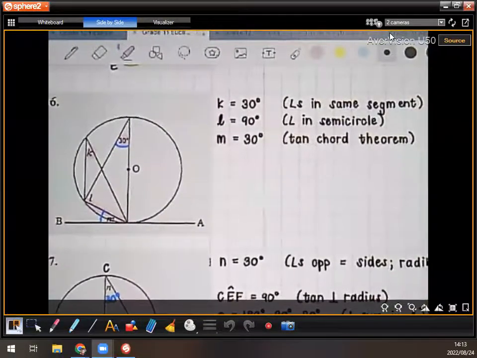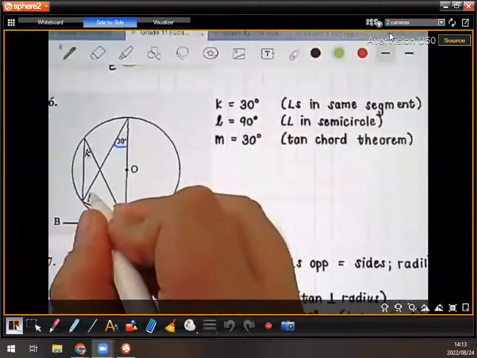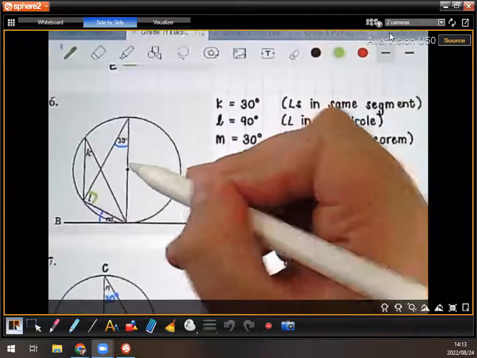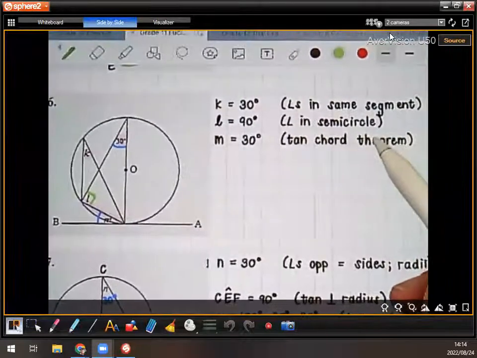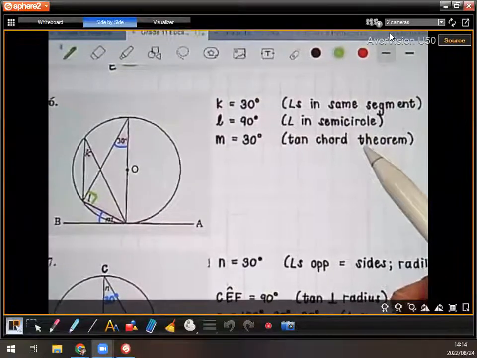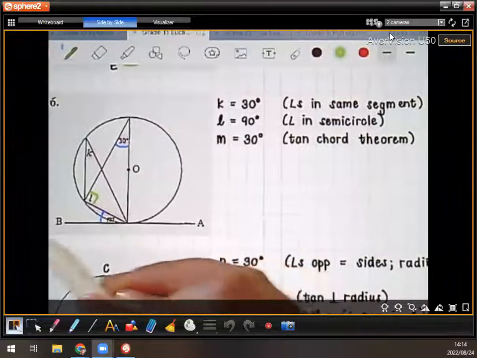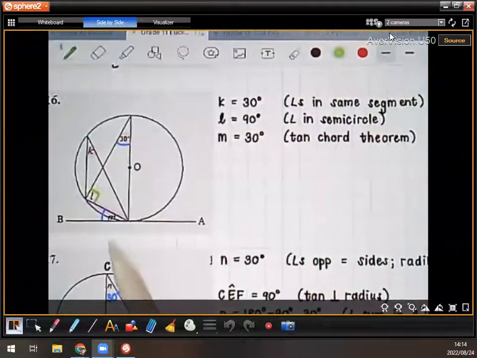Then to get L, I used angle in a semicircle, because this line here is the diameter. They showed us that it goes through the center. So that angle is 90, angle in a semicircle. And then to get M, I used tan chord. M is the angle there between the tangent and the chord, which subtends 30 degrees. So M is